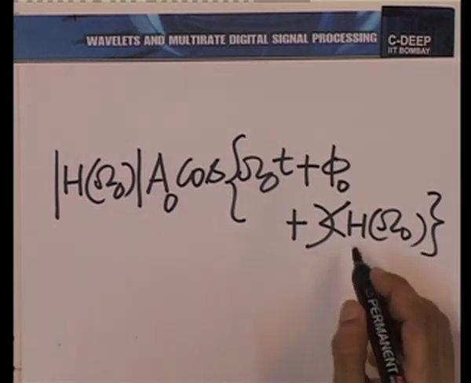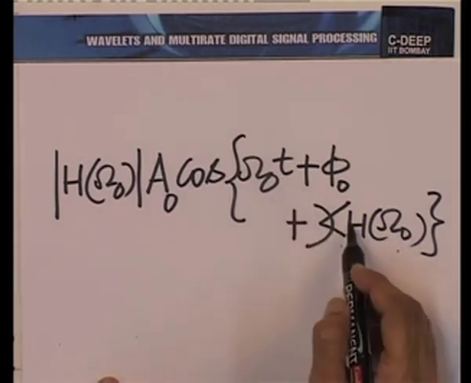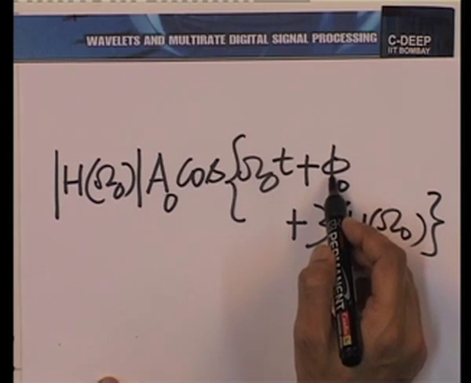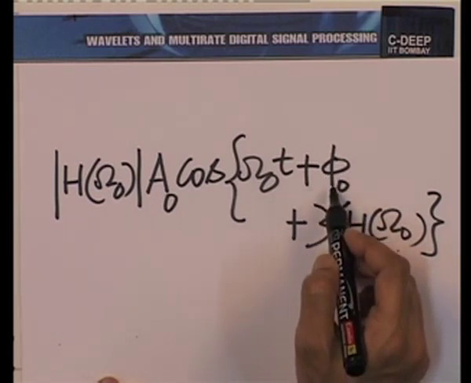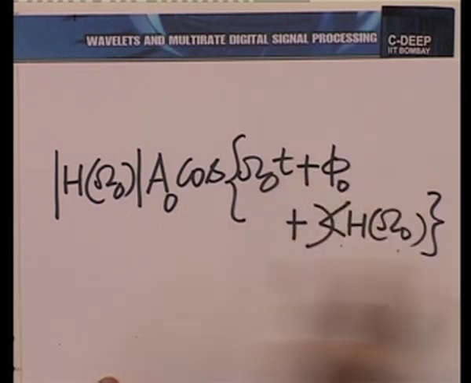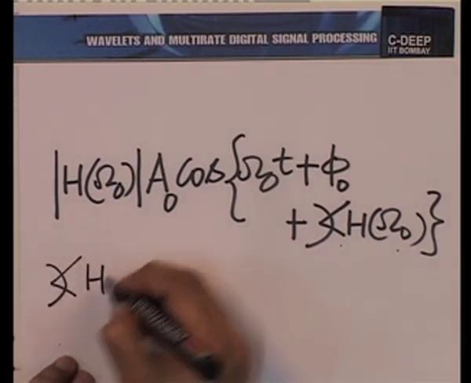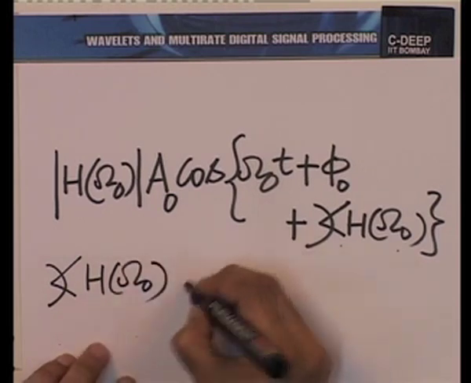What is the effect of this angle? As you can see, the effect of this angle is to change the phase, and a change of phase is equivalent to a change in time. So, it is like shifting the time, shifting the sine wave on the time axis. So, angle h omega naught essentially